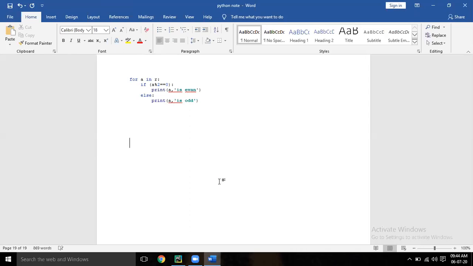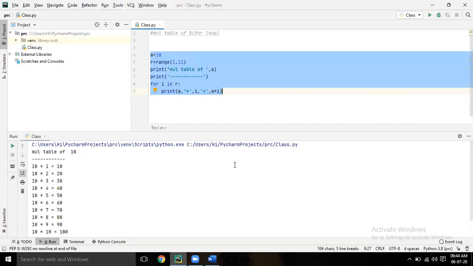So like that, there are 100 examples using if and loop. If you are comfortable with if and loop, you become a champ in Python. Using if and loop, you can do whatever you want. But still, there are so many other things. But at least you will be confident if you have properly handled this. Now I'm giving you some homework.